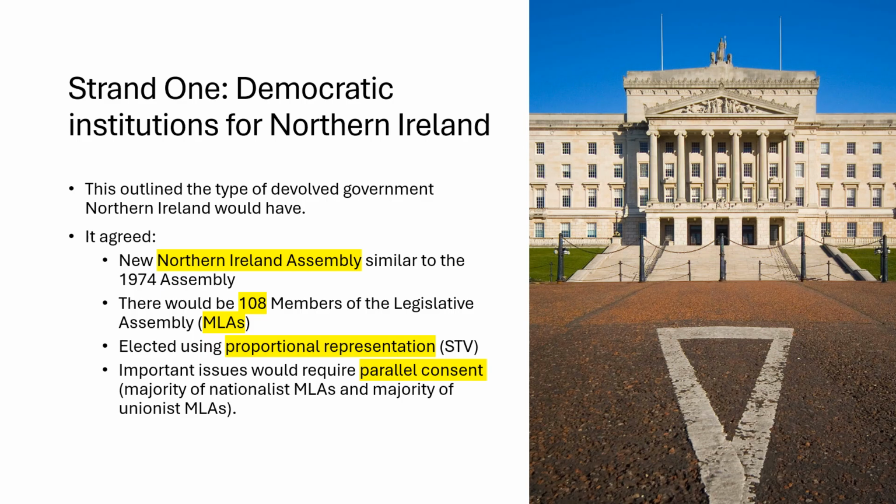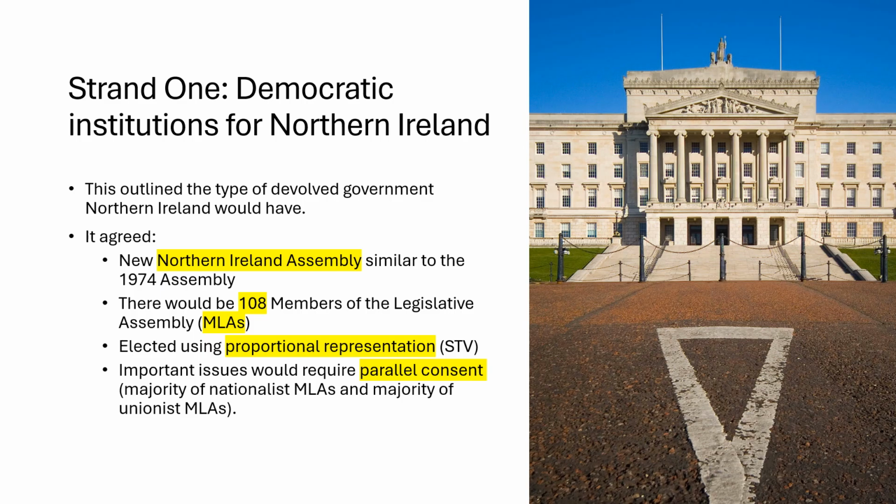So this makes sure that everyone has an accurate reflection of how people have voted. If Sinn Féin get 10% of the votes, they get 10% of the seats. If the DUP get 13% of the vote, they get 13% of the seats. No one ends up with a really overinflated 50% of the seats when they don't deserve it. And that's good for forcing the two communities to work together.